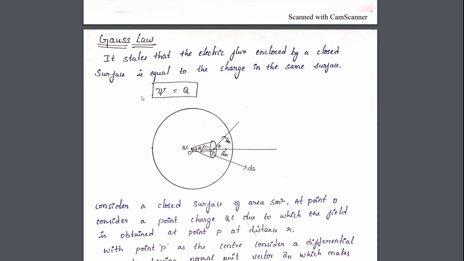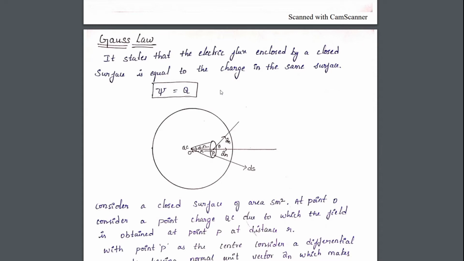If you want to evaluate the flux that is present in a closed area in terms of charge, you can use Gauss law. That is, Gauss law states that the electric flux enclosed by a closed surface is always equal to the charge in the same surface. So flux and charge are always equal according to the Gauss law. So in order to prove this Gauss law, that is psi is equal to Q, here the same thing you have to consider